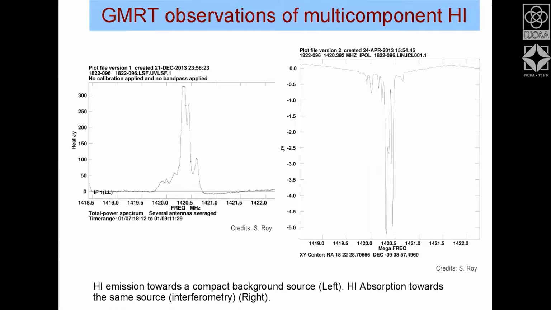How we make an image, I think, has already been told to you. But anyway, the main take-home message here is that the resolution of an interferometer is much higher. Here the resolution with GMRT is about 5 arc second. So in the same direction towards the source, you are looking at emission which is confined within 5 arc second. Now you know that 30 arc minute is 1800 arc second. So 1800 by 5 arc second is the resolution of the interferometer.